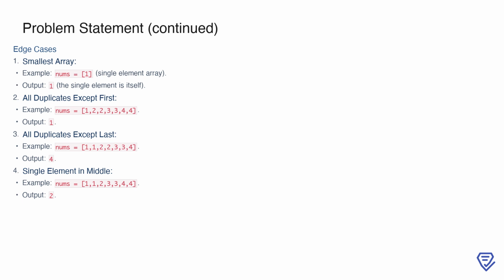Similarly, if all elements have duplicates except for the last one, such as nums = [1, 1, 2, 2, 3, 3, 4], the output will be 4. Finally, if the single element is located in the middle of the array, like nums = [1, 1, 2, 3, 3, 4, 4], the output is 2. These examples highlight the variety of situations to consider when solving the problem, ensuring your solution handles all possible cases